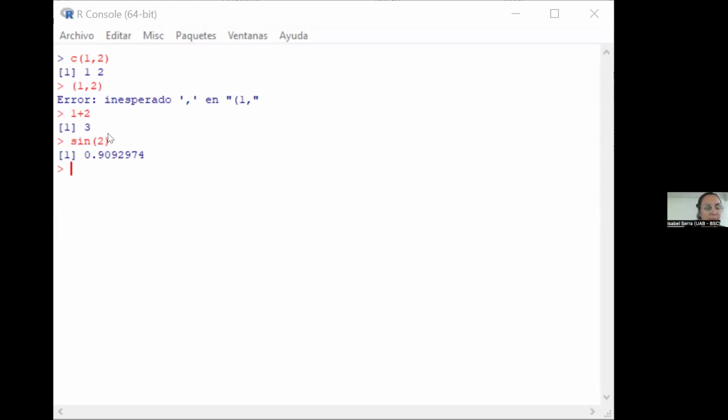Okay, then you can see when I put this, you can use it as a calculator, exactly the same as you know, but the difference with, for instance, MATLAB is the object, important word, object in R, and they are from statistics. Okay, then from a statistical point of view, a vector, I will remark, has to be introduced using C, no? When I want to put a vector for statistical procedures from the cache memory of the calculator,